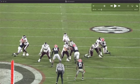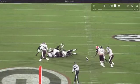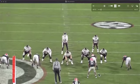And you can see how quickly he's able to get that shoulder that was outside now back in front of him to get his hips angled at the quarterback. Finish strong. And we'll run through this again. Outside,